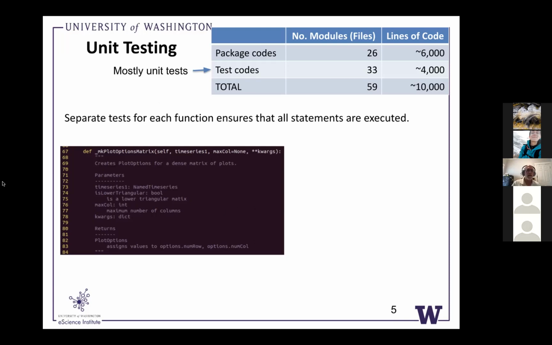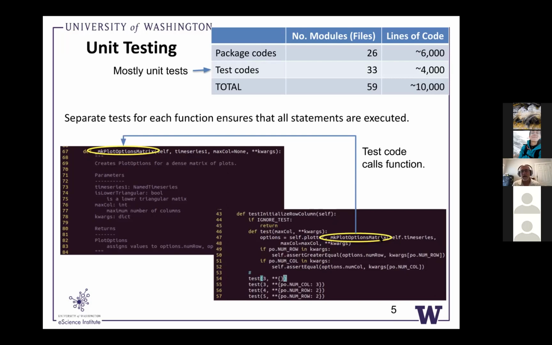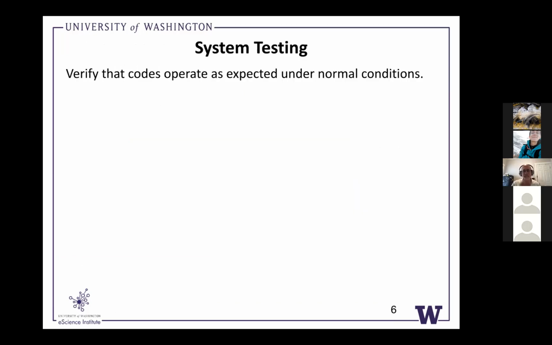Typically you're going to have some code that performs a kind of function. In this case, this is code that does something related to plotting. So this is the function. You've seen this before. It has arguments of various sorts. And then you will have a separate test that runs this function under different conditions, exercising these arguments, assigning different values to these arguments to make sure these various different paths through the code get executed. So this is what's done today with